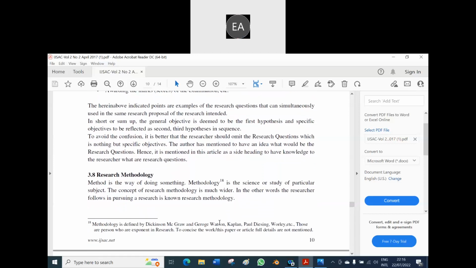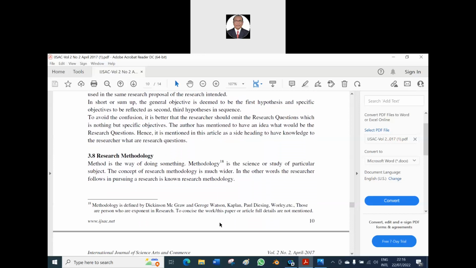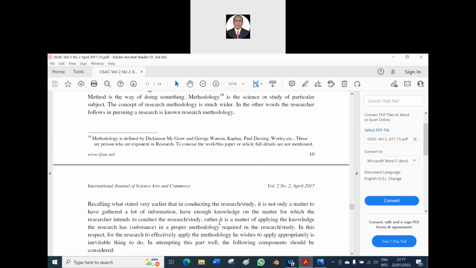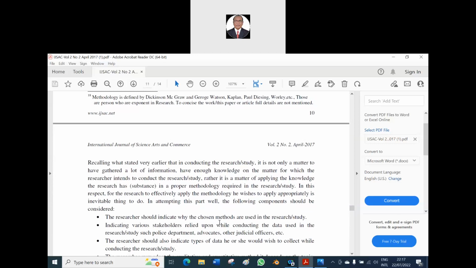Now come to the research methodology. Every subject has its own methodology; even every topic has its own methodology. Depending upon the topic, the methodology will change. Method is the way of doing something. Methodology is the science of the study of a particular subject. The concept of research methodology is much wider. In other words, what researchers follow in conducting the research is known as the research methodology. How you navigate and how you proceed is the research methodology. It has various components, like following books, journals, taking interviews, sample questionnaires,